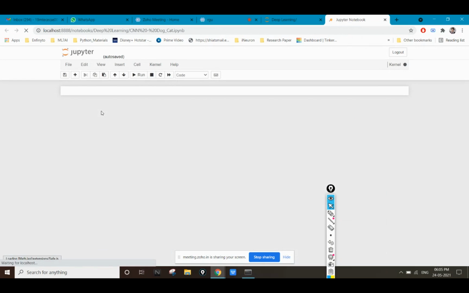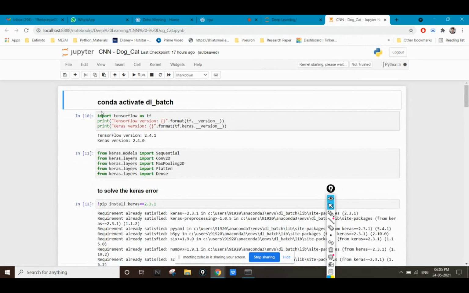So today we are going to do a practical example of that CNN model, and in today's class we'll try to classify two things. We'll pass some images to our model, and we'll try to classify whether the image is of a dog or of a cat. So it's a binary class classification.